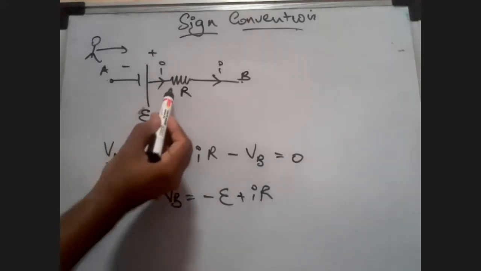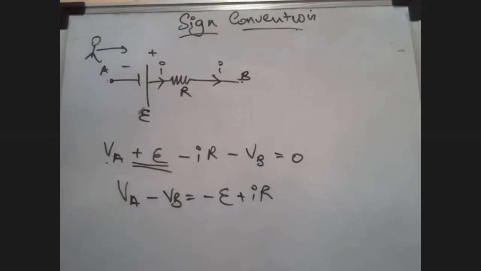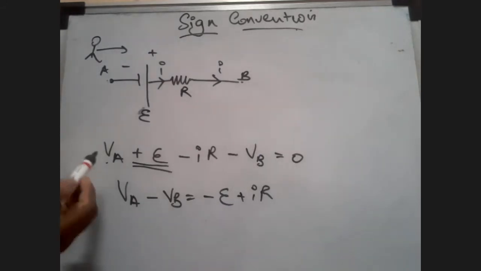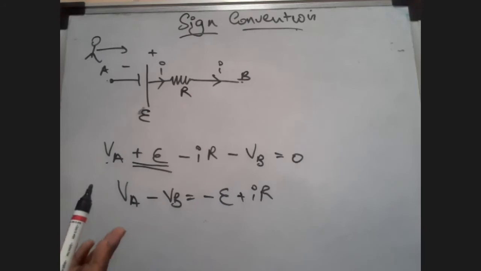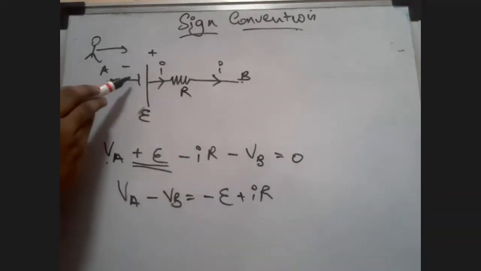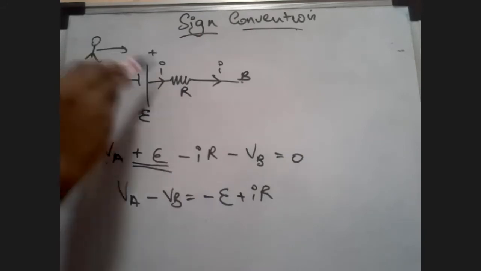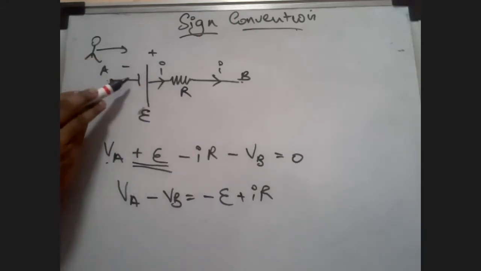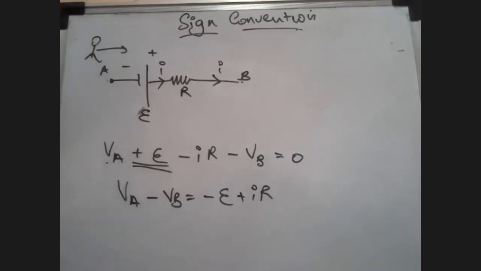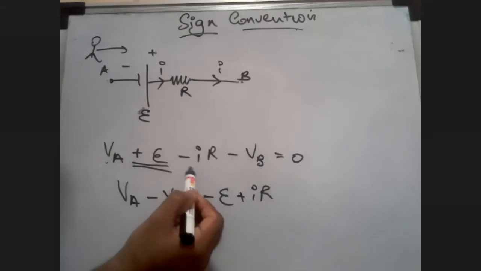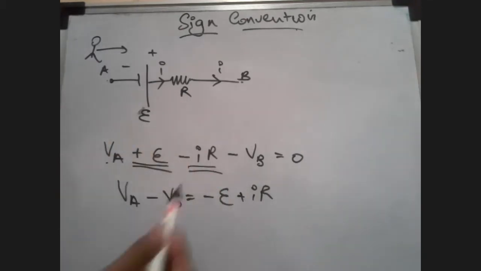But what is happening when I'm going across this resistance? Potential will drop. All this is just general explanation. All you have to understand is what the sign conventions will be. So this is my way of doing it, and it's much easier. When I'm going across a battery, if there's a negative terminal first and then a positive terminal, all your understanding should be that you are stepping up. So it will be positive. And when you go in the direction of the current across the resistor, you will write minus IR. You will write minus I times R.